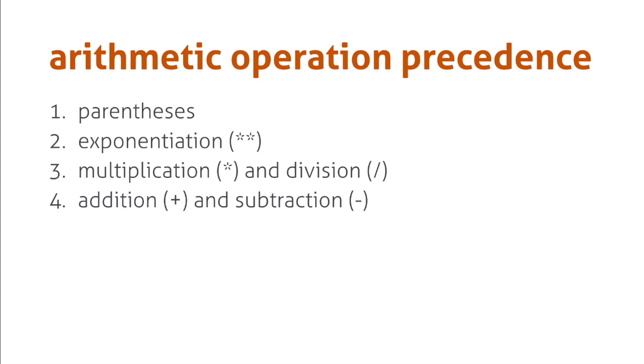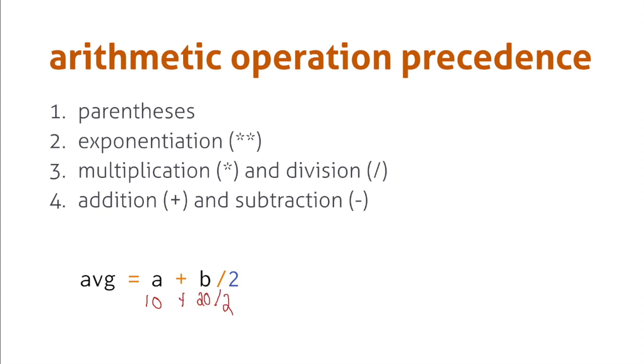Python uses the same operation order precedence that you might be used to in math classes, where parentheses have the highest precedence, followed by exponentiation, and then multiplication and division, and then addition and subtraction. What this means is that if we want to take the average of values a and b, and we try to do it with this formula, then we've made a mistake, because this expression first divides by 2 and then adds a. So what that means is that if a was 10 and b was 20,